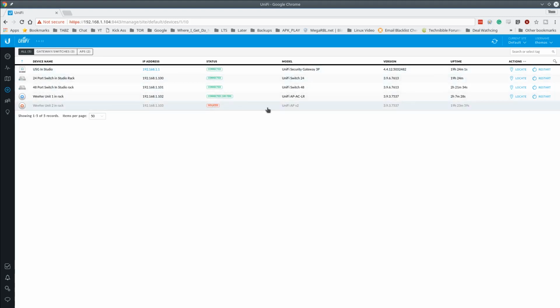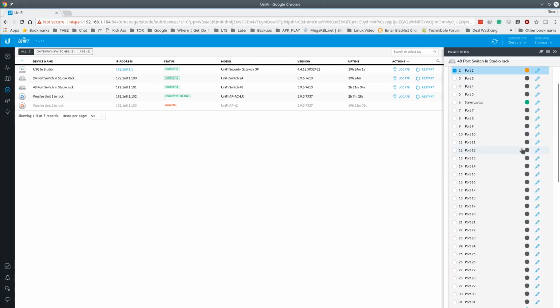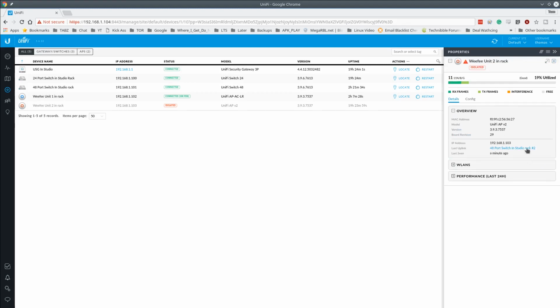And what it did is it realizes that this is isolated right now. And what that means is it's on, but not connected to the network. It's disconnected. So it was plugged into right here. But then it's unplugged because I physically reached over and unplugged it. So by doing that, it just goes into an isolated mode because the other Wi-Fi units can see it, but it can't see the